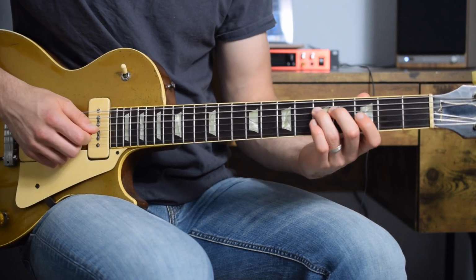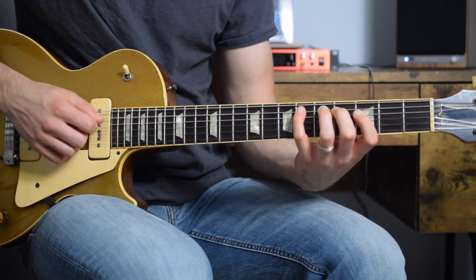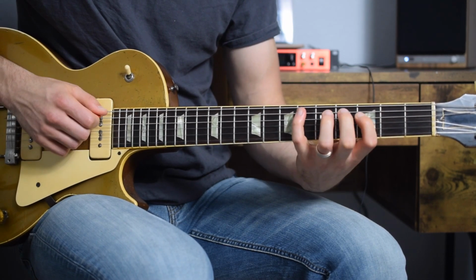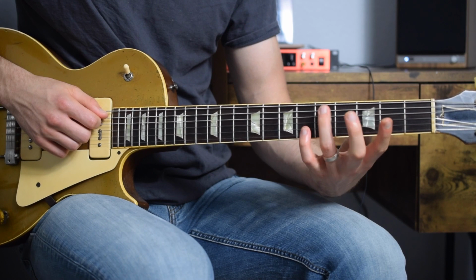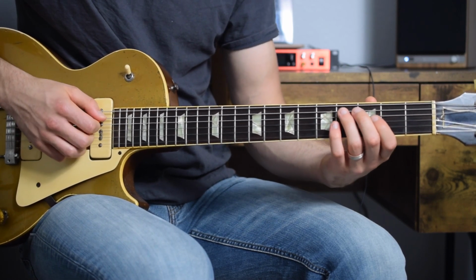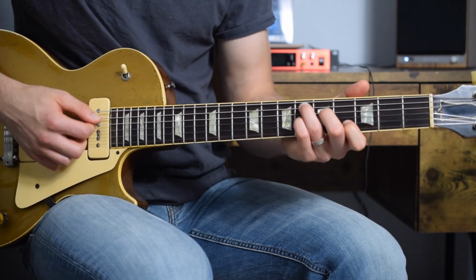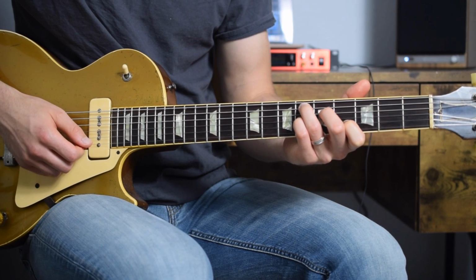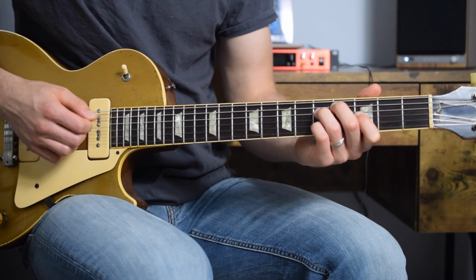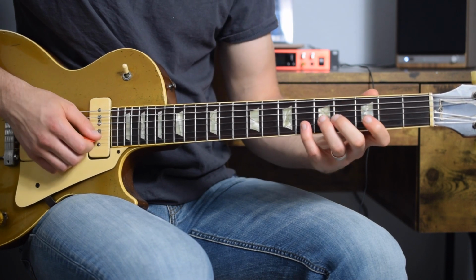And then, so I'm just playing down the major pentatonics, and then I'm encircling or enclosing this D, the quick slide from 4 to 5, back up to the B flat. So we've got this E flat chord, and then we're down to the diminished, and then back up to the B flat. So we've got, for the B flat,